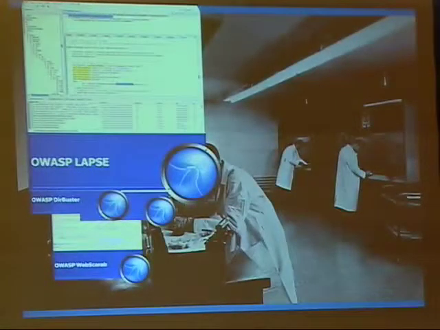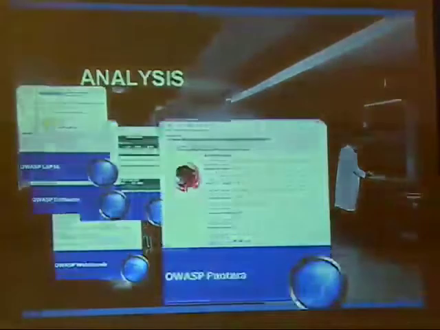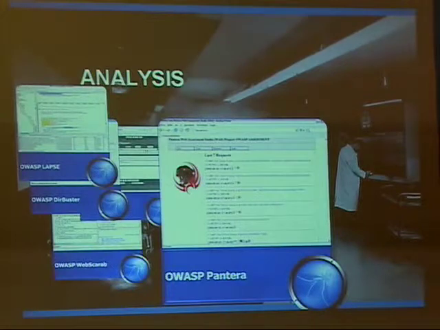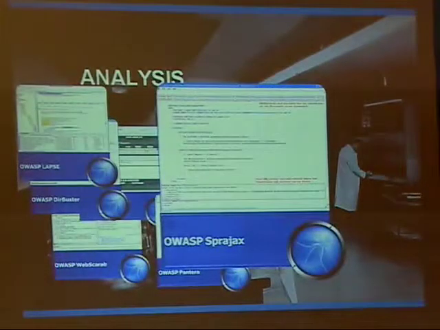The Lightweight Application Protocol project is another tool that's used to rate vulnerabilities. Again, good resources and information that's available to you today. Pantera is another application that's been written open source for you to use in trying to determine risk within your organization. My point here is that there are tons and tons of resources that have been outlined for you. You have Ajax running in your environment, and you're trying to figure out how to test it, how to fuzz it, how to work with it. The Sprajax project was built around being able to test this.